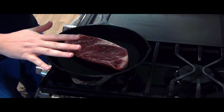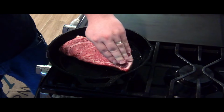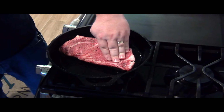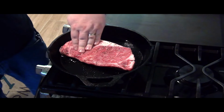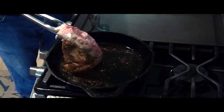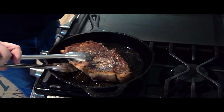And just let this go. You don't want to mess with it too much. If anything, you're going to go ahead and push on your steak like you can see here. What this does, it creates more contact with the surface of the pan, thus creating a lot more even crust. Once we have our nice, beautiful crust, we're going to flip that over, lay it in our pan,